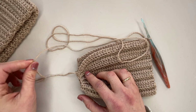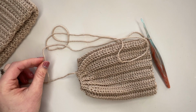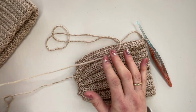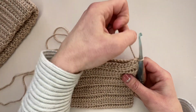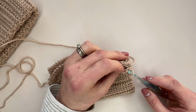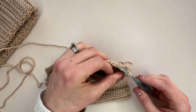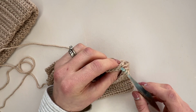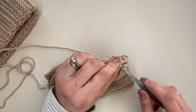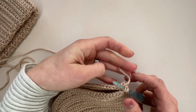And then you can also use that tail to add a pom-pom or whatever you want to, if you want to put any embellishment on the top. So just make sure you leave yourself enough yarn. But I'm going to slip stitch them together. And I'm going to do it using the front loops here. You can do it however you like really, but the front loops here of this and the back loops here of this. So I go over that first stitch once more